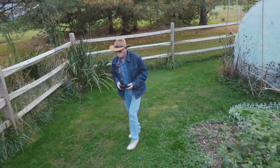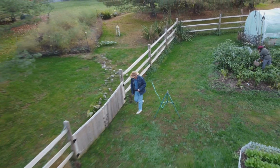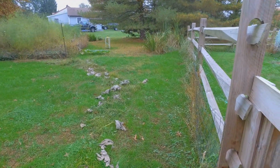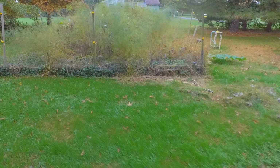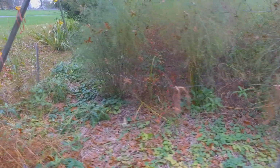So let's see. I've kind of been walking around in circles a little bit, but we'll take a quick gander out to the asparagus bed, and it is looking much more aged than it did last month, but it did get nice and bushy, if you remember last month. So it's pretty close to time to get in there to cut everything down and pull out all the weeds and clean up the bed for winter,